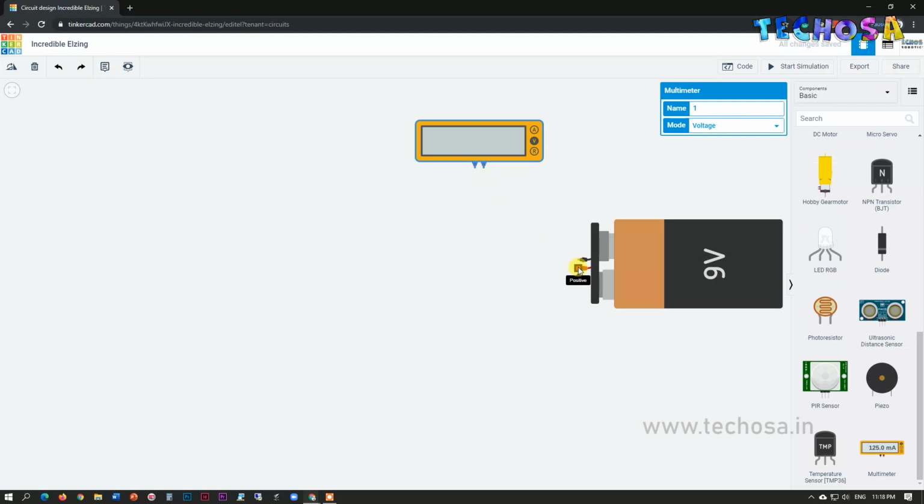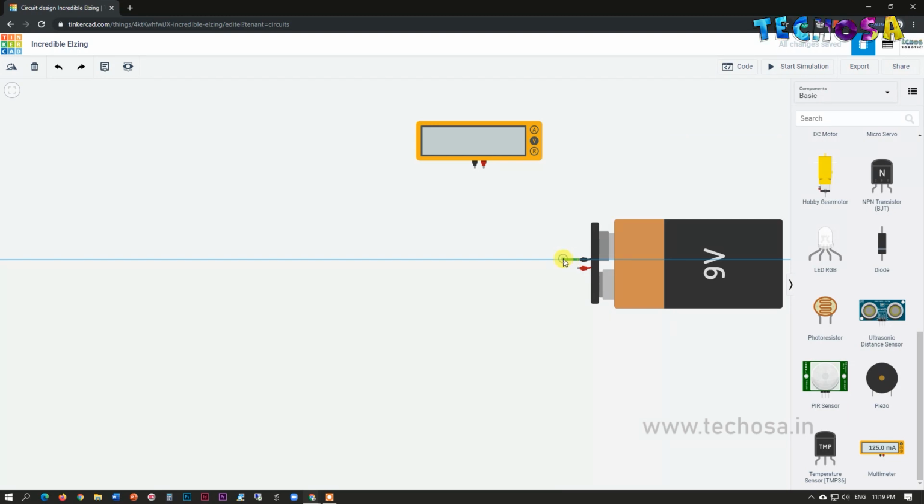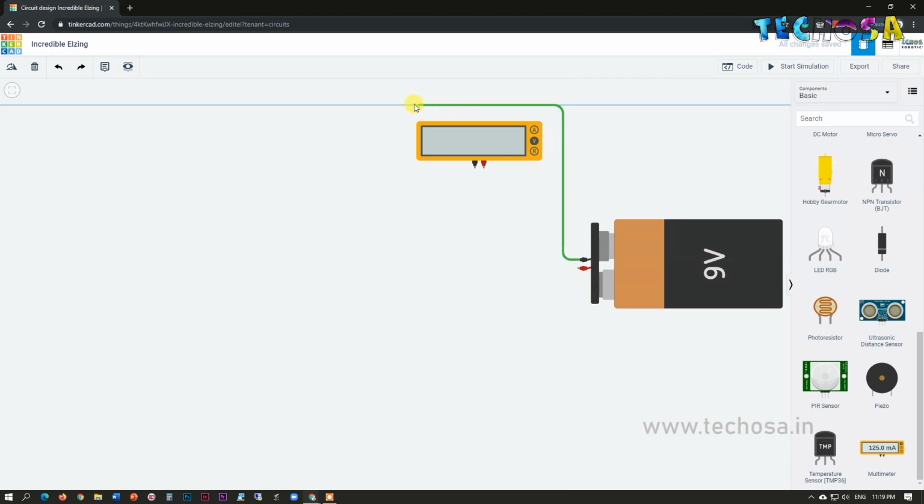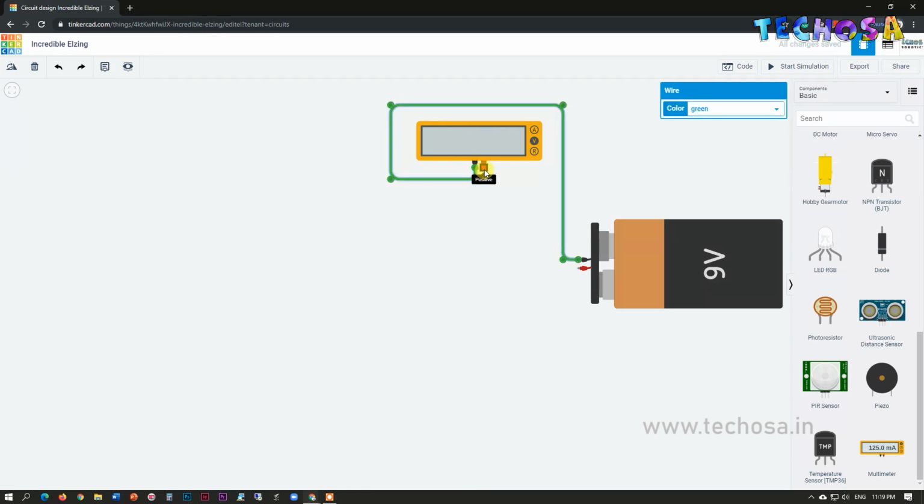We need to connect the positive terminal of the multimeter to the positive terminal of the battery, and the negative terminal of the multimeter to the negative terminal of the battery. So let us connect that. Connect a wire from the negative terminal of the battery to the negative terminal of the multimeter. We make this negative connection wire black.